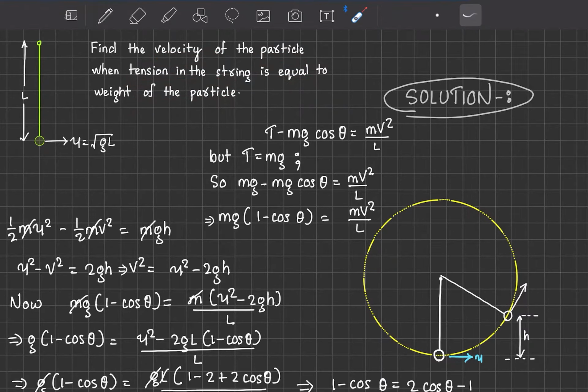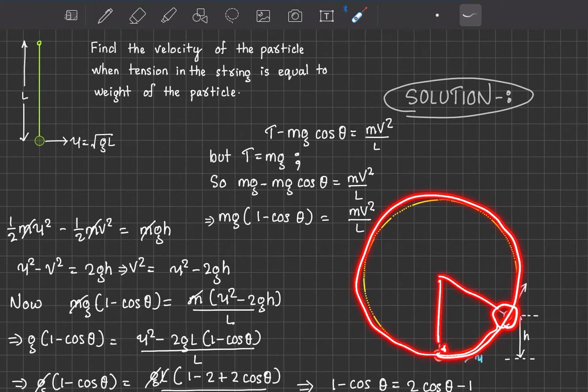Now while solving this problem we can observe that in this vertical plane there is a downward force mg. So if we give some velocity to this particle, it is constrained to move in a circle in the vertical plane, right? And we need to find the tension. So let's say this is the circle that the particle is supposed to cover, and we are analyzing the particle when it is somewhere in the circle, making an angle theta with its lowest position, right? From its lowest position the angle is theta.